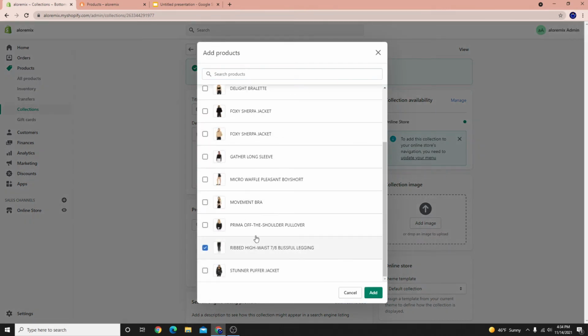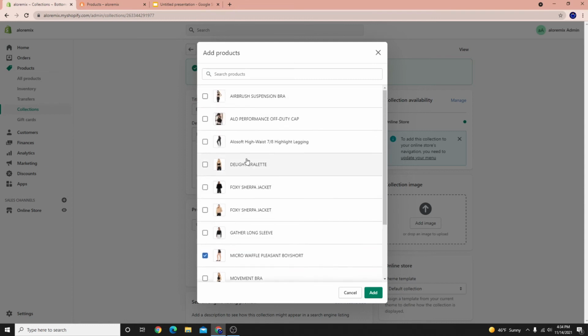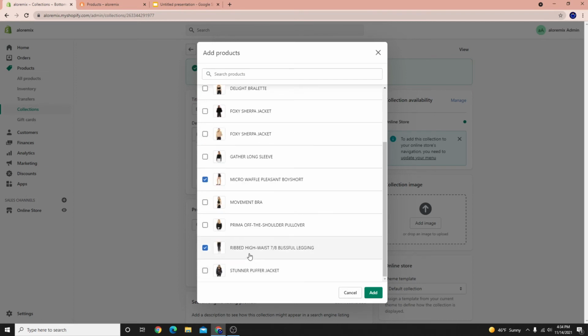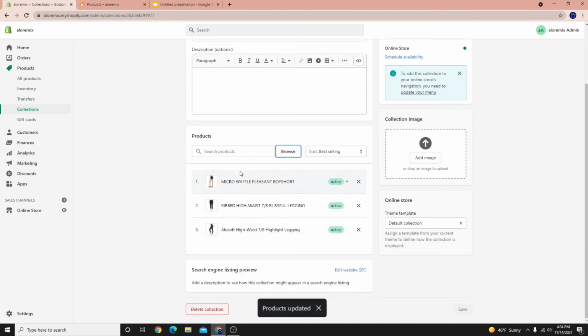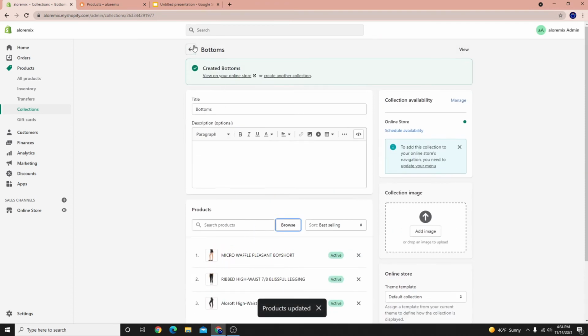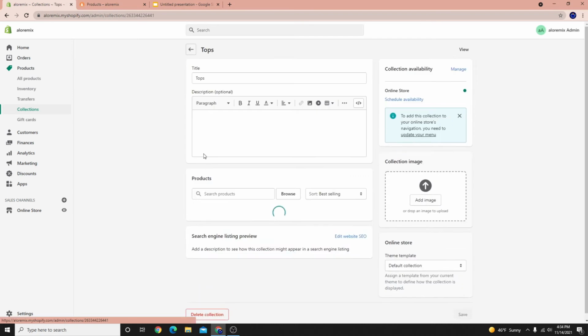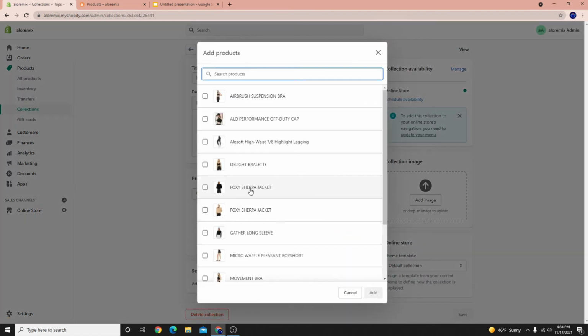So here we have a legging, here we have a pair of shorts, here we have another legging, and that's basically it for our bottoms. Okay, so let's hit add. Okay, so now we have 3 products in our bottoms. So let's go back, and now let's go over to our tops, and let's add all of our products that